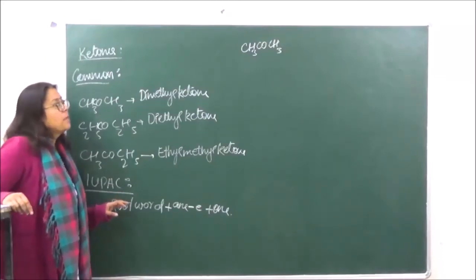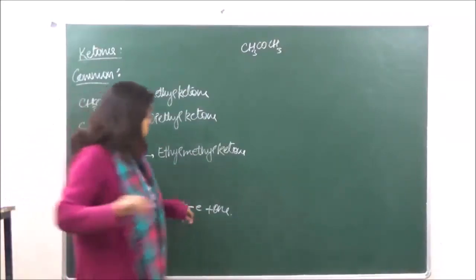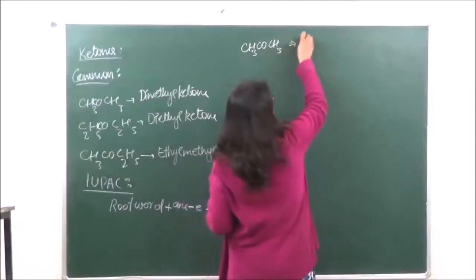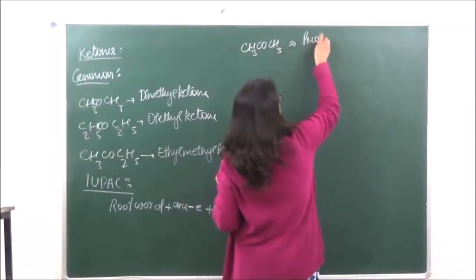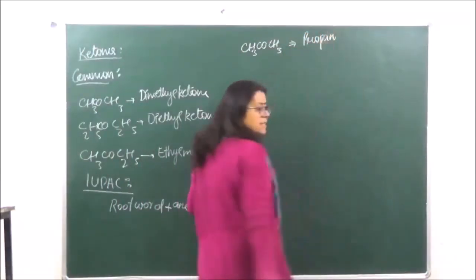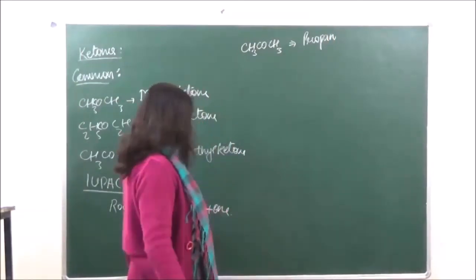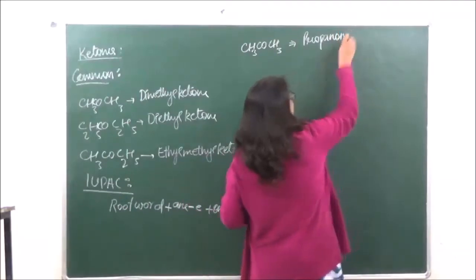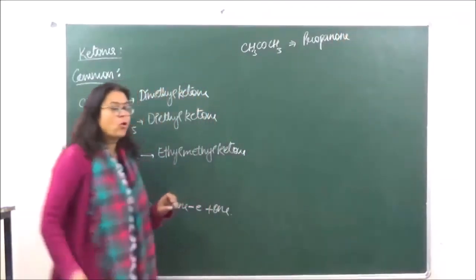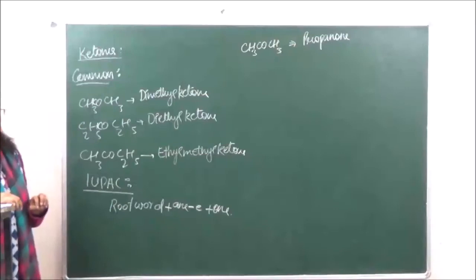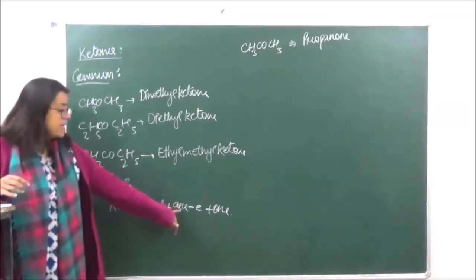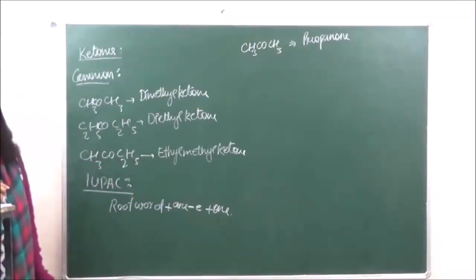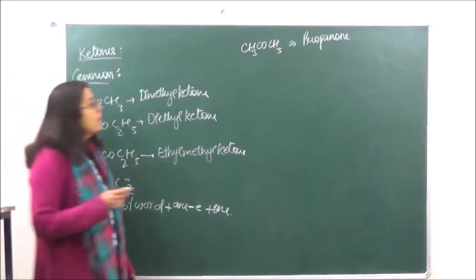Okay? But when we write the IUPAC name of this, the root word according to 3 carbon atoms is going to be propane minus E. That is what we've written over here, minus E plus O. So the name is going to be propanone. Okay, the E of the ane we have to remove here, right? Now, in case